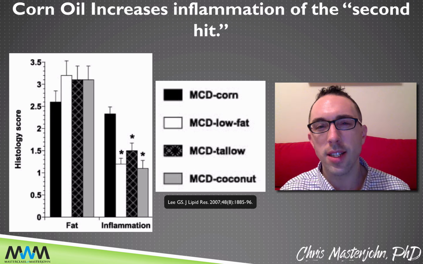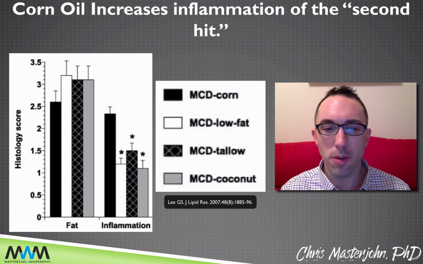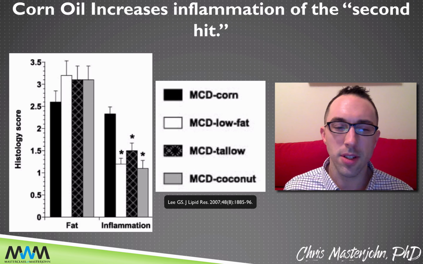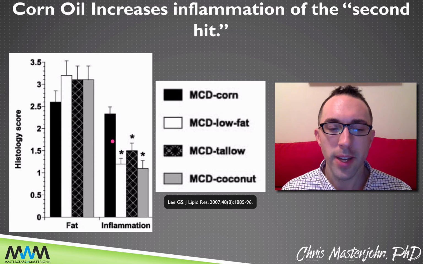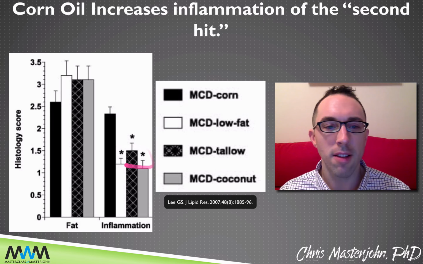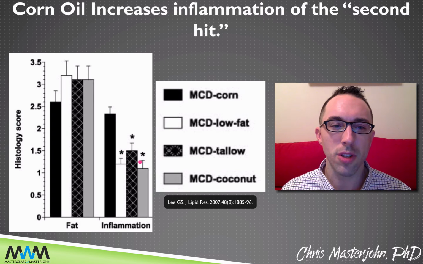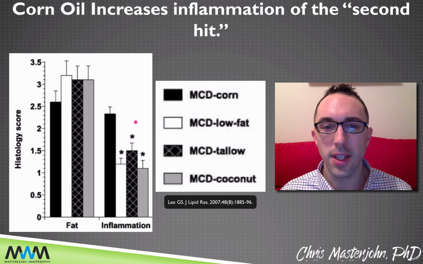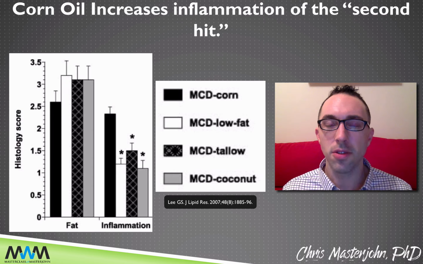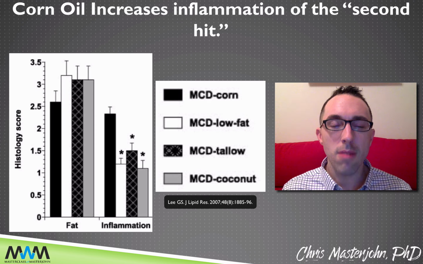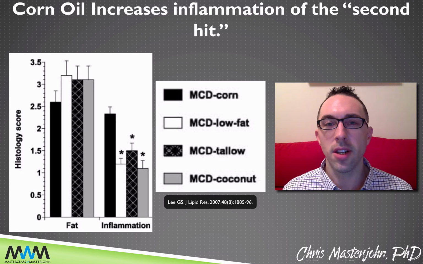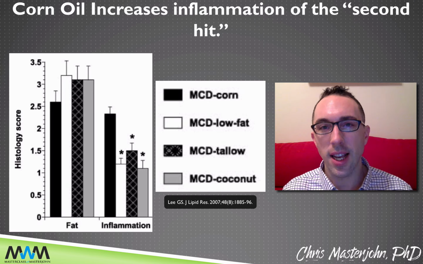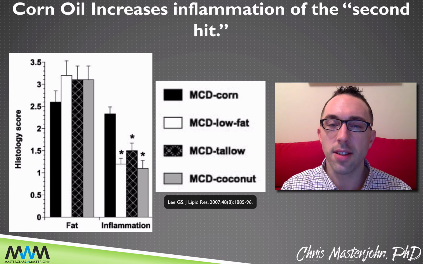We saw before that oxidative stress was better when you replaced corn oil with any of the substitutes. And here we see the same thing with the inflammation. All 3 of them have dramatically lower inflammatory scores in their livers compared to the mice fed the corn oil-based MCD diet. So lowering the PUFA in the diet lowers the oxidative stress in the liver and thereby also lowers the inflammation, thus protecting against the second hit of NAFLD, which is the transition from steatosis to NASH.